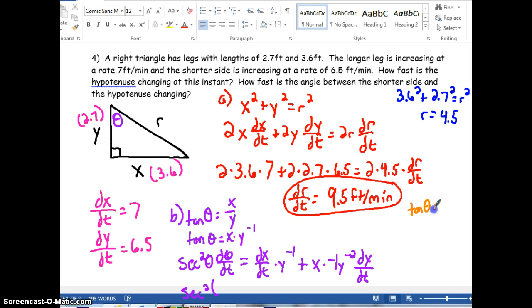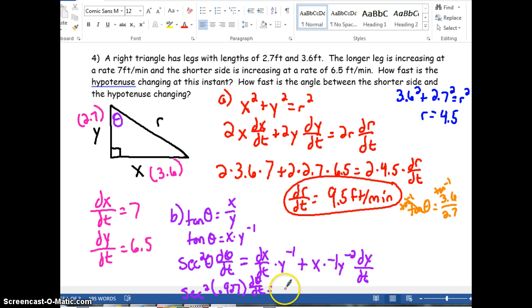Tangent of theta is equal to x, which was 3.6, over y, which is 2.7. You solve this by doing tan -1 on both sides. That cancels on the left side, so you have tan -1 of 3.6 divided by 2.7, which comes out as 0.927. So here I have secant squared of 0.927 times d theta over dt is equal to